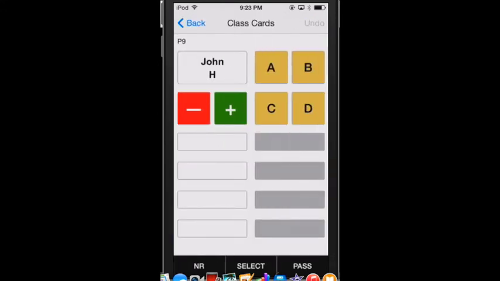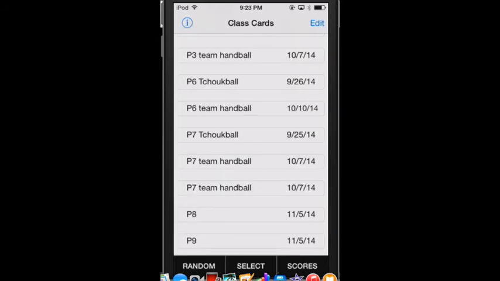It usually takes me about 5 minutes to type in the names of my students for each class, and then I save it. So that's Class Cards. Again, right now it's $4.99 on the Apple App Store. It's also on the Android App Store if you have